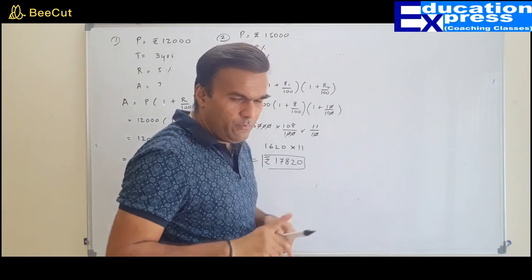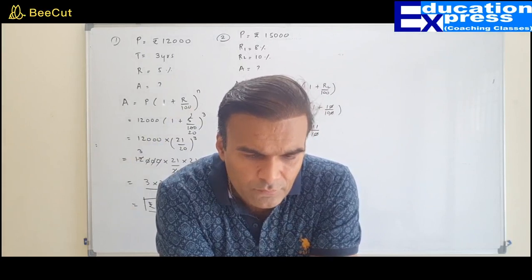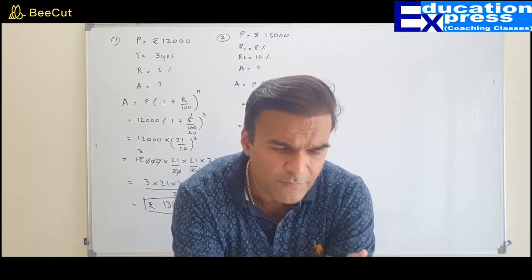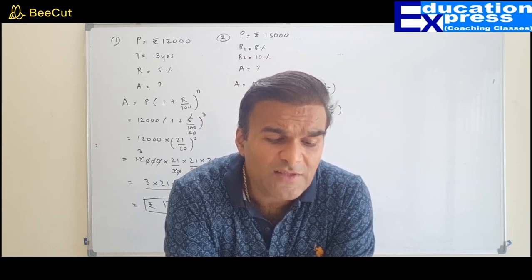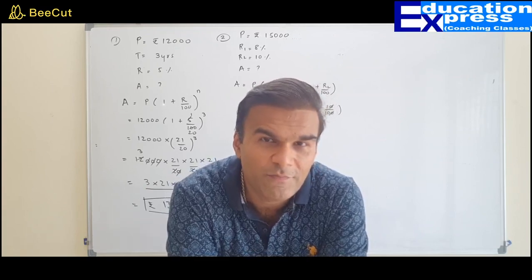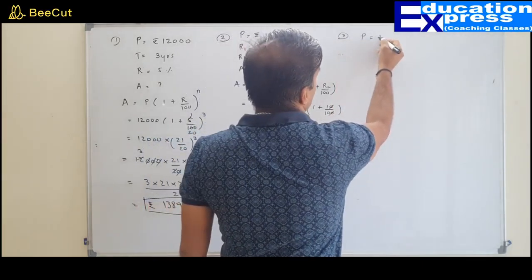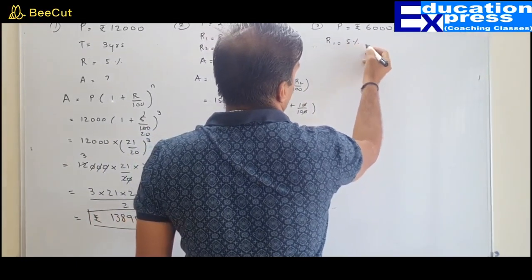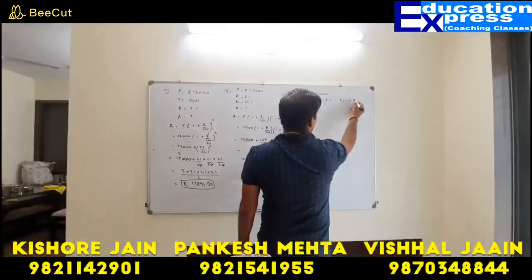So here we go. Calculate the compound interest accrued on rupees 6,000. So my principal would be 6,000 rupees in 3 years, compounded yearly, if the rates of successive years were 5%, 8% and 10%. So the same type of question got extended by 1 more year. Principal is rupees 6,000. Rate for first year 5%. Rate for second year 8%. Rate for third year is 10%.